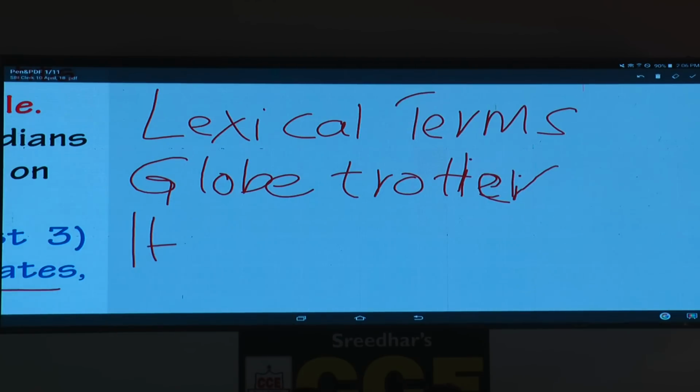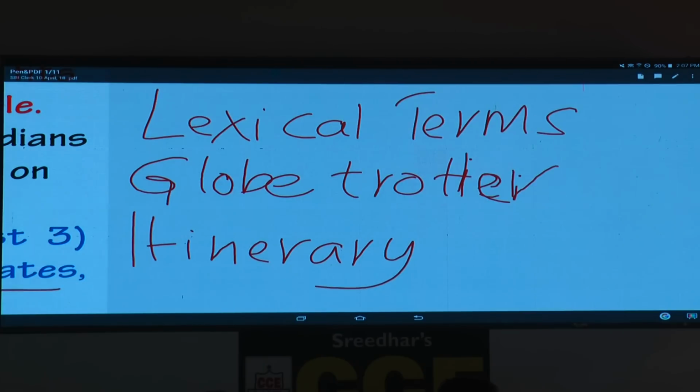Second word, generally we don't say itinerary, it is a bit difficult. So what do we say? Itinerary. Itinerary means the travel plan. Please write the meaning of that word. Travel plan. Itinerary means, you want to go abroad for 10 days. For 10 days you have a plan. First day in New York, second day in Paris, third day somewhere else. So the 10-day plan is called what? Itinerary. So that is also an important word.